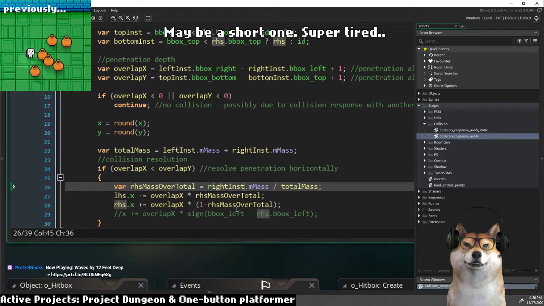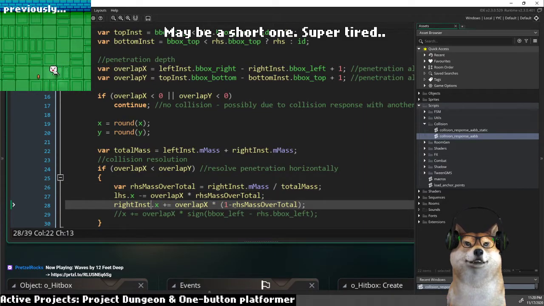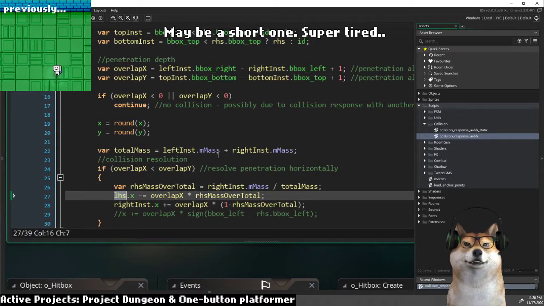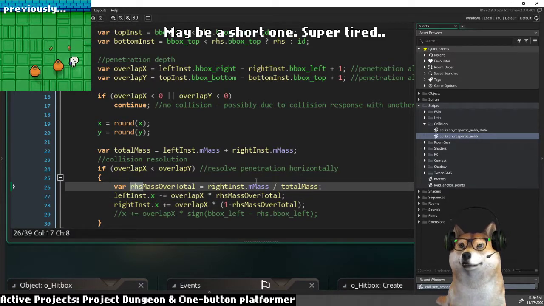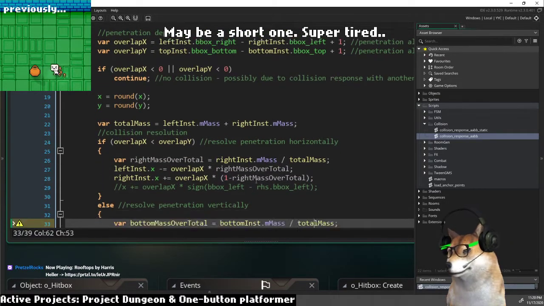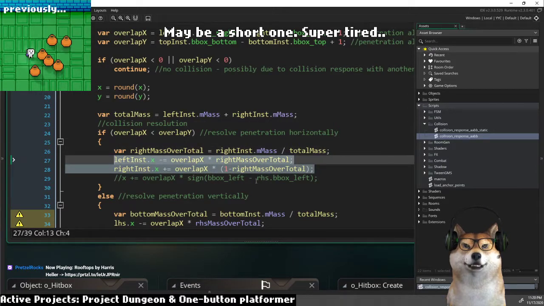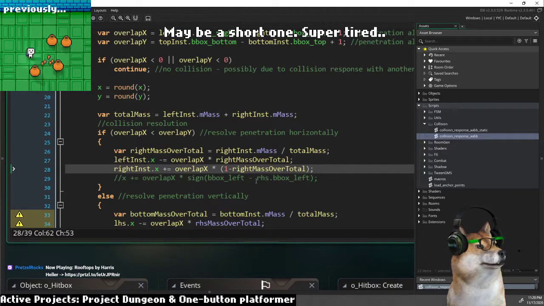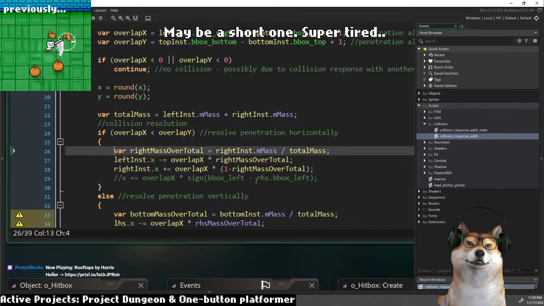Okay, it's this one. This one will be left. You know what? Let's make it obvious. Right mass over total equals to